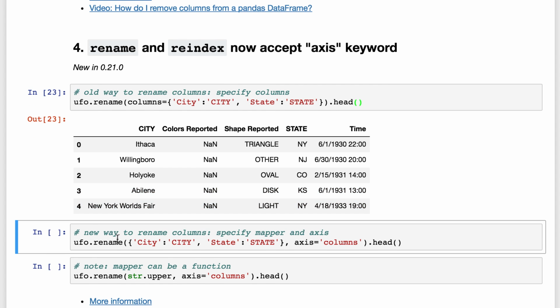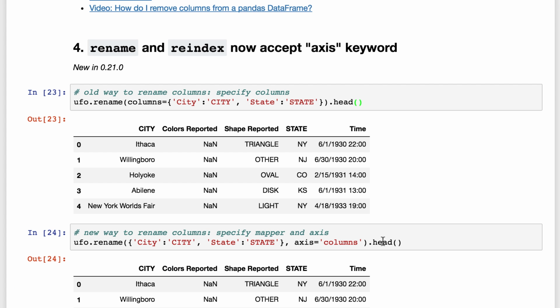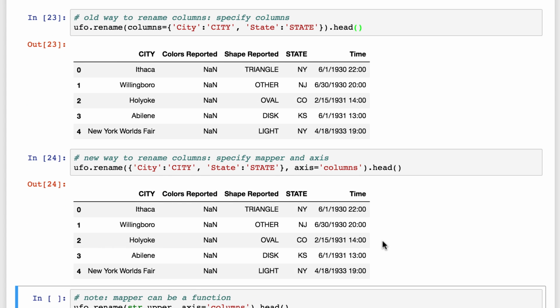So ufo.rename, and you specify what's called the mapper. I want lowercase city to be uppercase city, which I did here, and lowercase state to be uppercase state, and axis equals columns. Okay, so it does exactly the same thing. So if you got lost just now, the point is